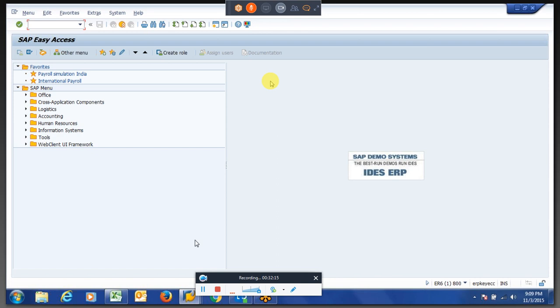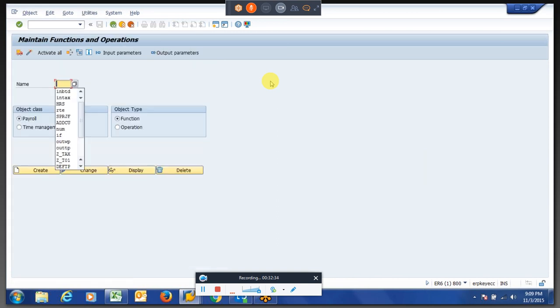Don't stop in the middle and go out of the system. If you started creating a function, you have to take care of minimum things.